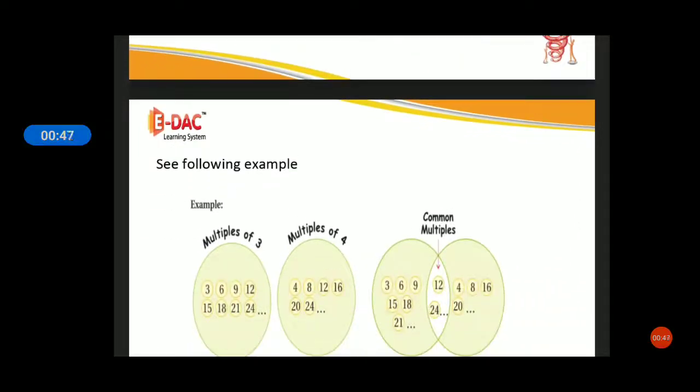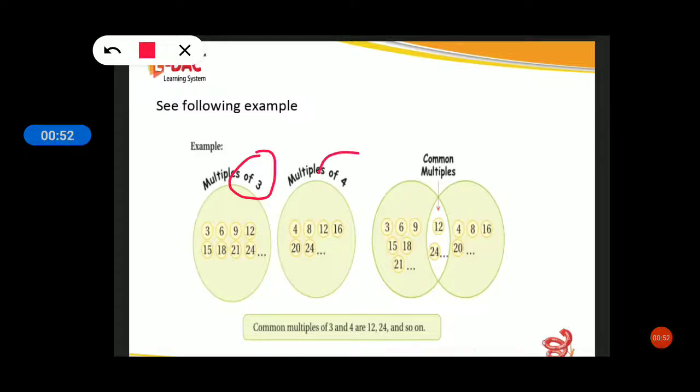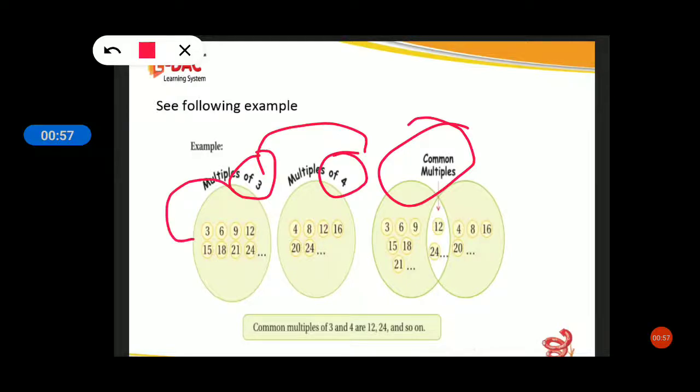The same way, today we are going to see about the least common multiple, that is LCM, and how to find this LCM using the prime factorization method and the division method. We will just continue with this LCM. LCM is nothing but finding the multiples of the given numbers. These are multiples of 3 and multiples of 4, and we are taking the common multiples of both 3 and 4. Multiples mean the tables: 3, 6, adding plus 3 each time, and here adding plus 4 each time. We are going to find the common multiple for 3 and 4.